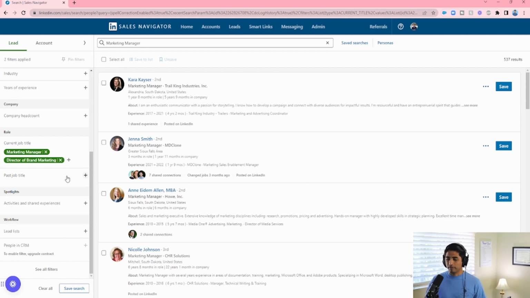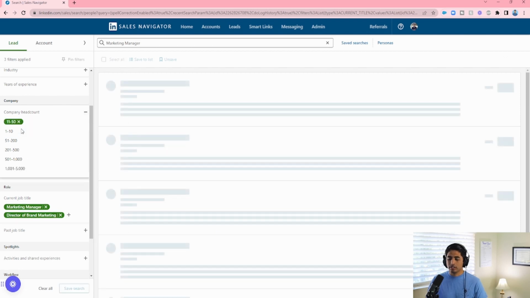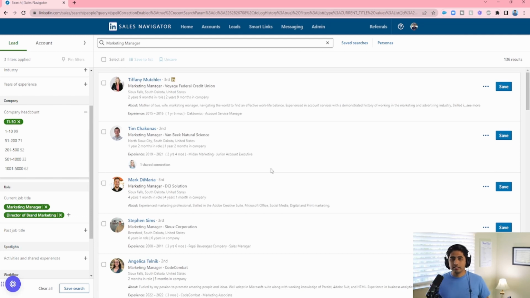You can also refine this search down a little bit based off of company headcount, right? So let's say you want to work more so with startups. They're probably going to be between the 1 through 10 and the 11 through 50 category. So let's click 11 through 50, right? These are the types of companies that are going to need the most help. They're typically leaner teams. They don't have a huge creative or video department. They have money. Essentially, they're not like a one-man band or a small business.